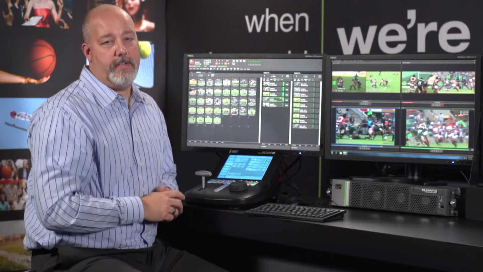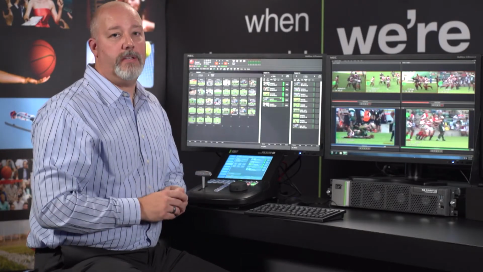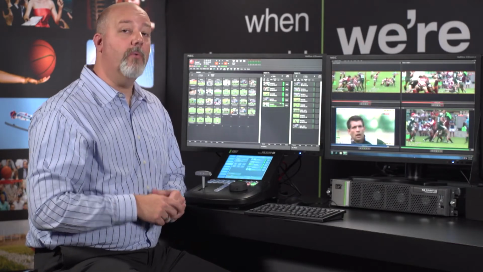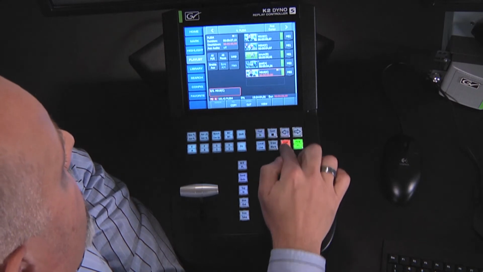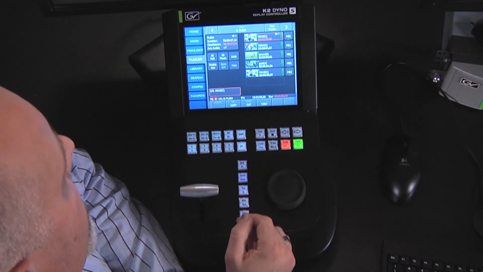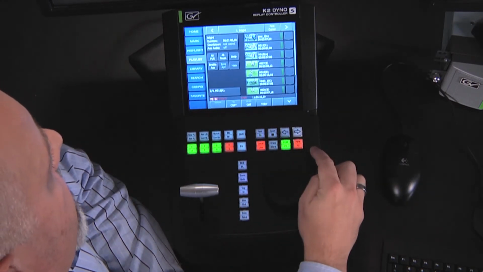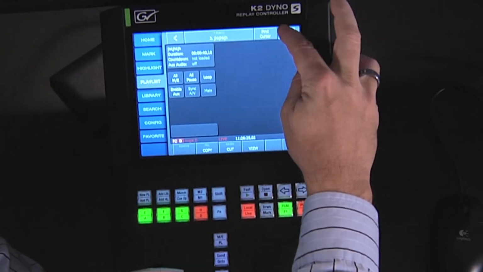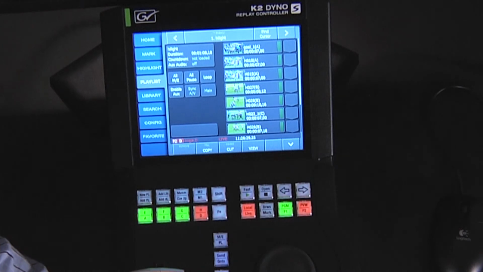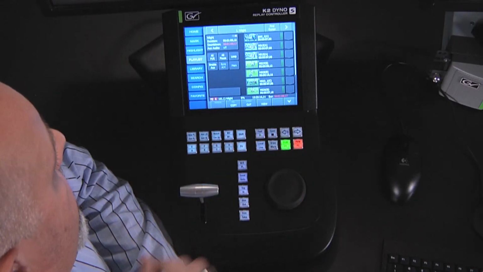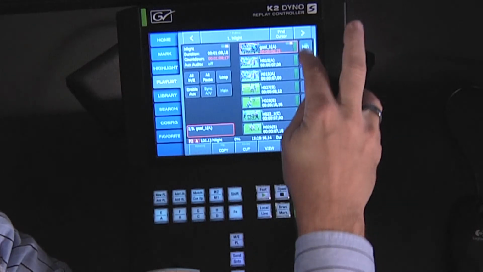Another great feature of the Dyno is that it allows you to do playlists on both output channels with dissolves at the same time. I select P1 and cue that playlist, go over to P2, and I can choose from the different playlists that I'd like to cue as well. Let's say playlist number 1, and cue that playlist. And turn on some transitions,